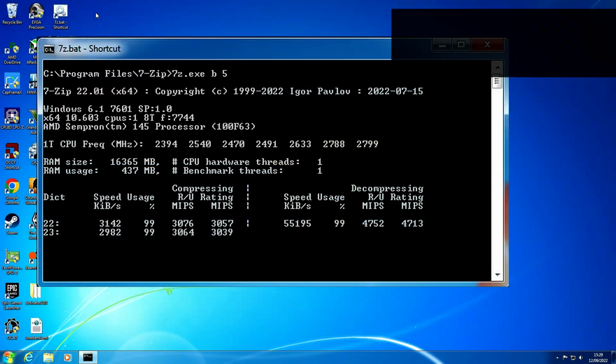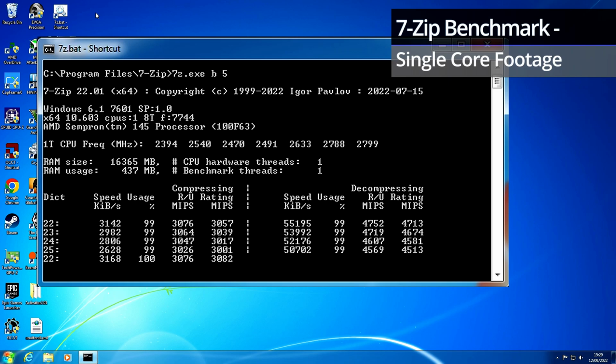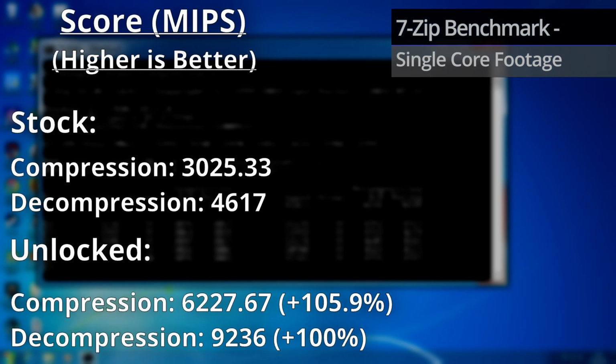Not bad. Most people watching these kinds of videos are probably familiar with 7-zip, which is used in compressing and decompressing zip files, etc. It has its own built-in benchmark to measure compression and decompression performance, which is quite a useful thing to show, as compressing and decompressing files is something most people do with their PC. The score gets measured in MIPS, or millions of instructions per second, with a higher score meaning better performance. And if you're expecting a doubling in score from adding a second, equal core, like what happened with Cinebench, then you'd be right. With two cores, the Sempron 145 manages